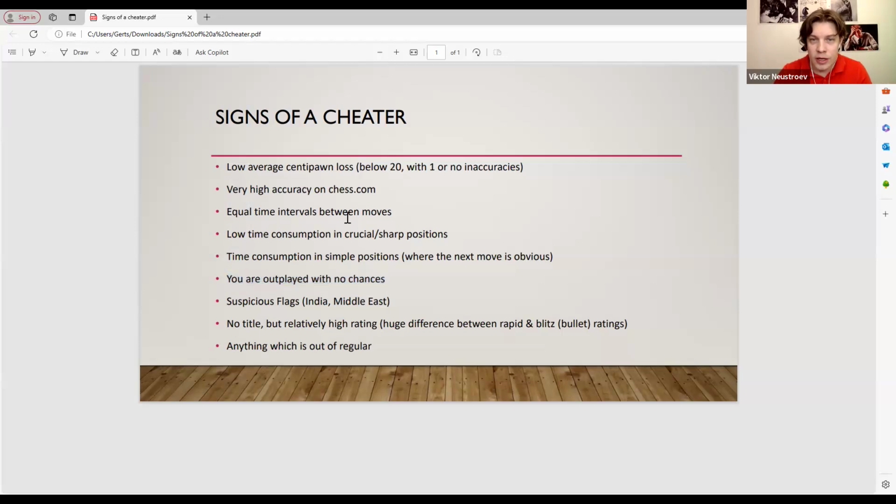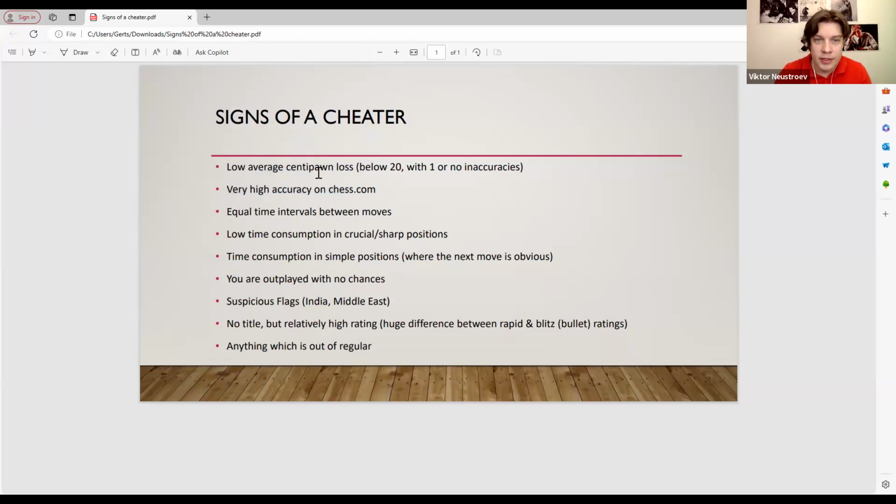Chess.com doesn't show it, but if you upload this game to Lichess, you can start the computer analysis and look at low average centipawn loss. Or if you prefer to analyze the games on chess.com only, then you can look at the accuracy of your opponent. If it's high enough, then this guy was likely cheating.